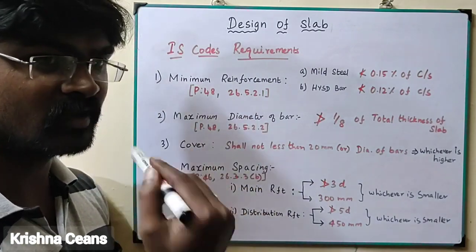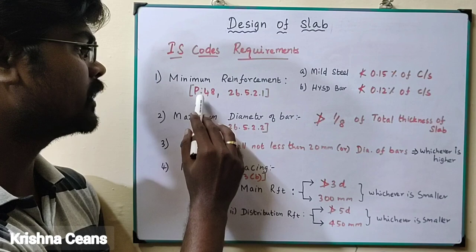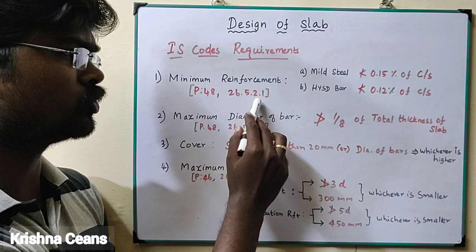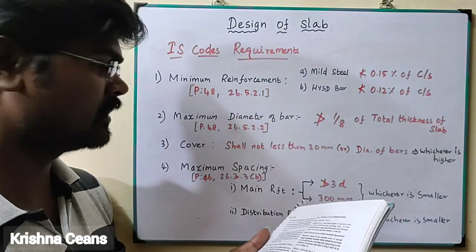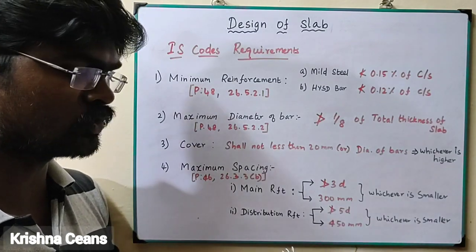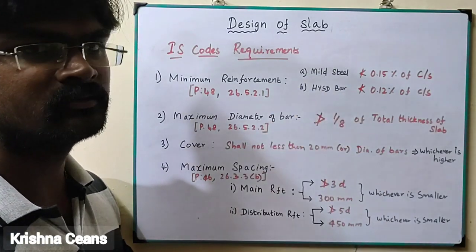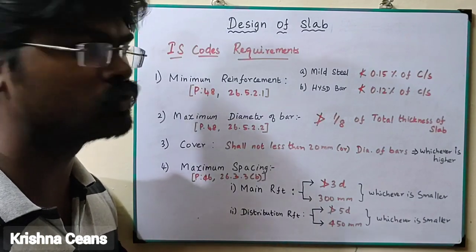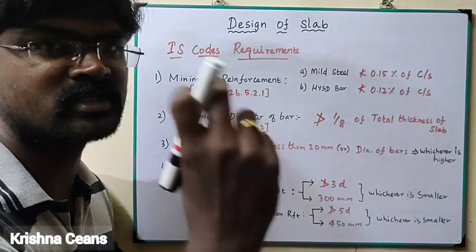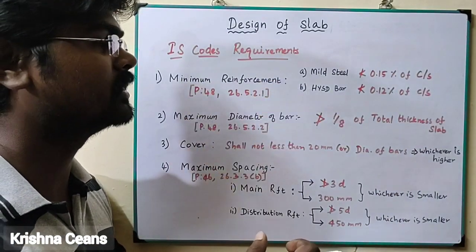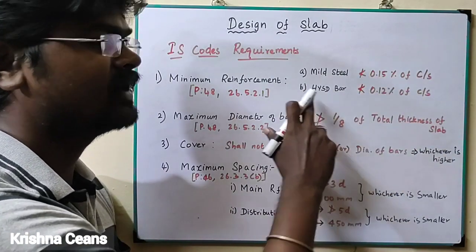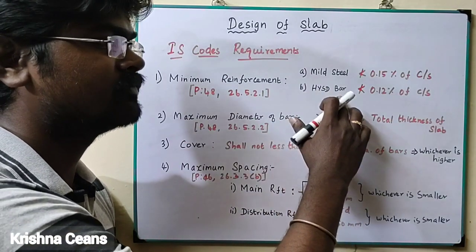So those are the conditions we have to provide at least, which is referred to in page number 48 of IS 456, para 26.5.2.1. In that, the discussion is about minimum reinforcement. If we are designing the slab using mild steel, we have to provide at least 0.15% of the cross section of the slab, that is depth into thickness. So for mild steel, not less than 0.15% of the cross section, whereas if we are considering HYSD bars we have to provide at least